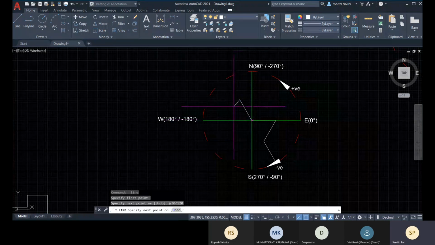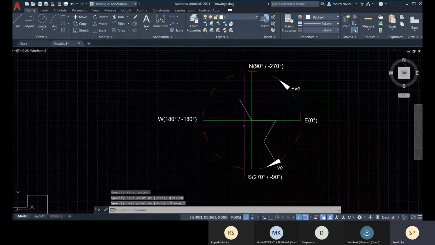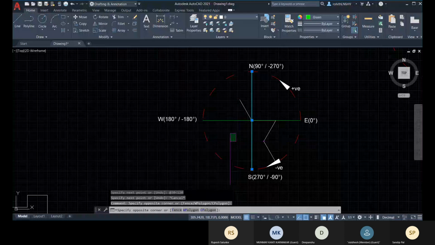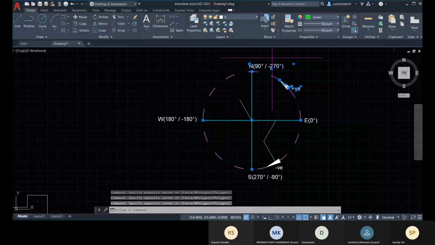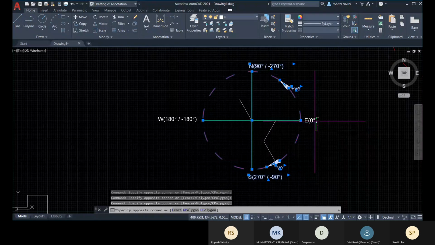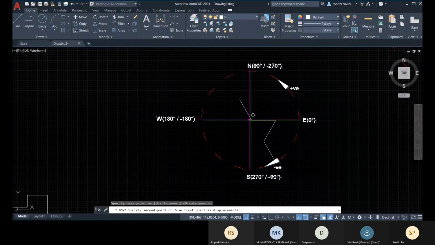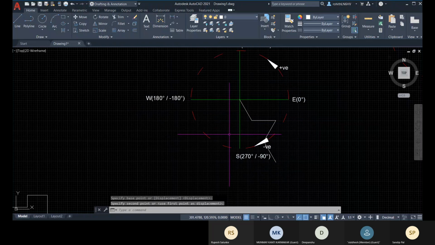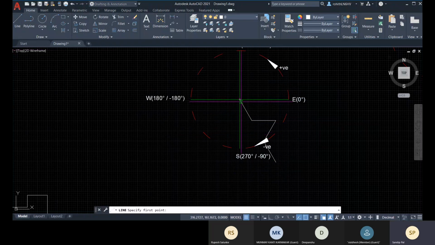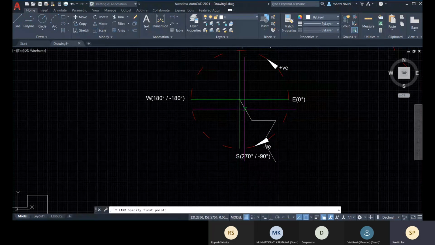Now let me create another line from here. Okay. So now I have to maintain the 60° with this line as well.